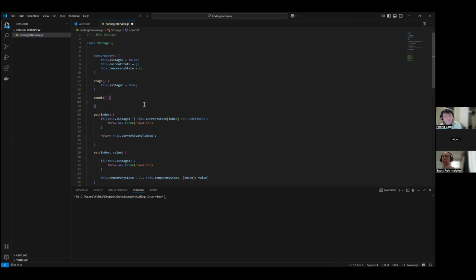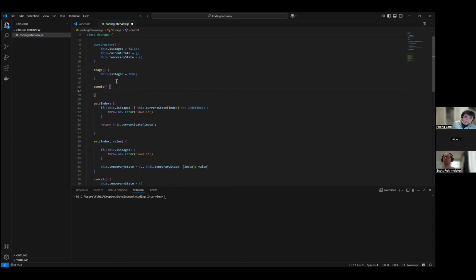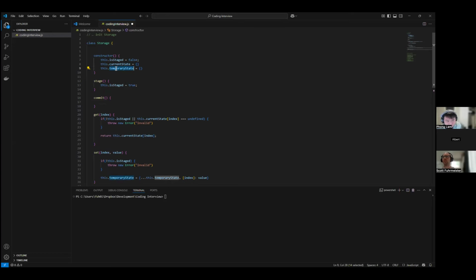And then with the commit, we're essentially just moving the temporary state into the current state, and then we're going to get rid of the temporary state. So I'll just say this.currentState is equal to this.temporaryState, but that is pointing to an object. So I probably want to make a copy of it.